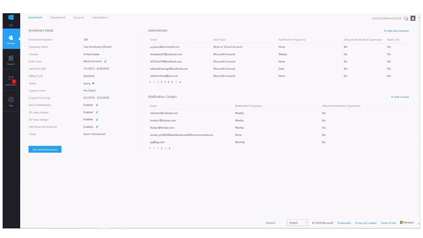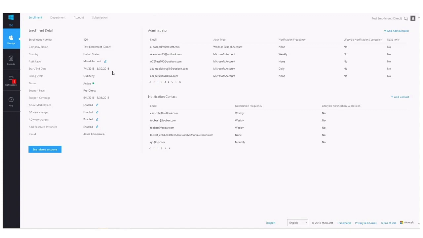The account owner can grant access inside of the subscriptions that they create by adding those users through role-based access in a variety of predefined or customized roles. We'll see what that looks like once we get down to the subscription level. That's a very quick overview of the roles and the portals. Now we'll see everything in action here within the Azure Enterprise Portal.